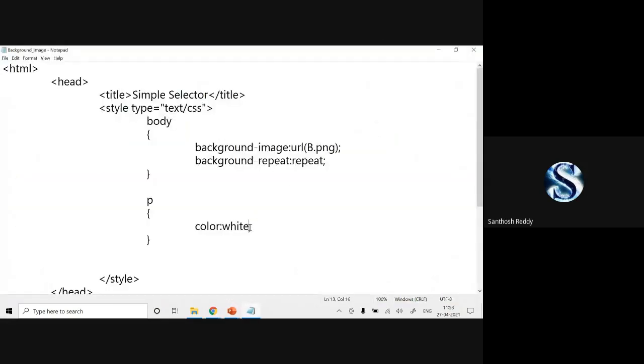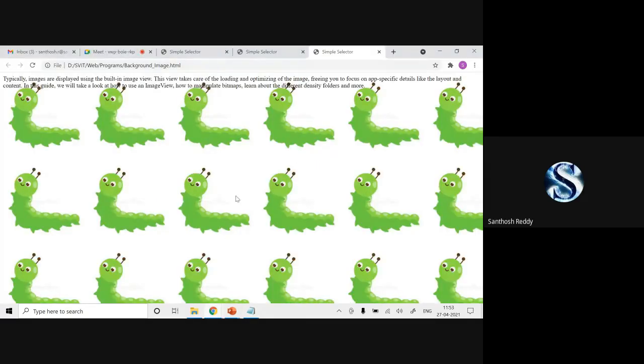Your image is in the repeated format. Is it clear? Yes, sir.